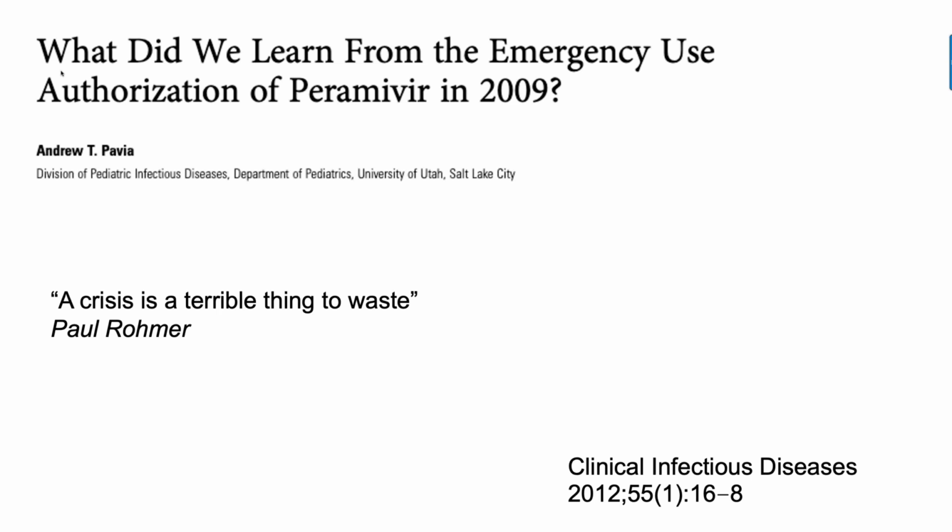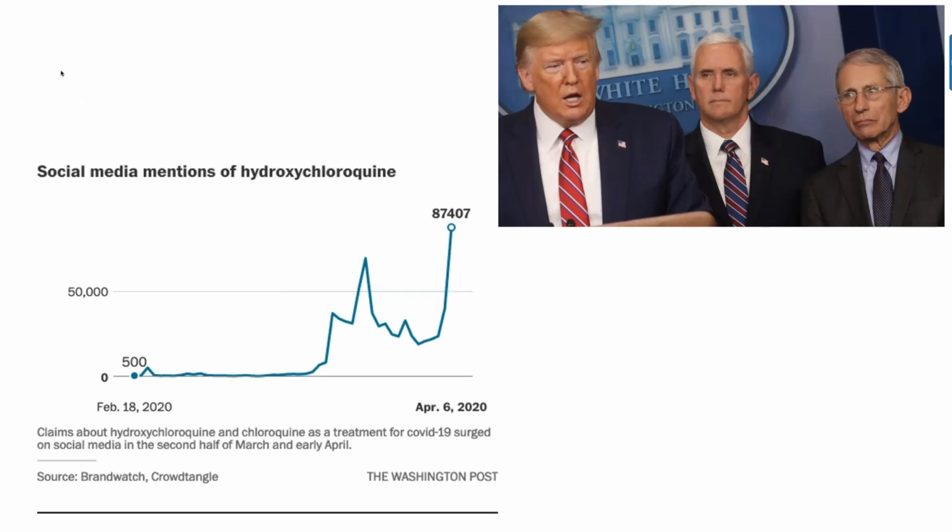And there were over 1,000 accesses to the drug. Essentially, you could call in and get the drug within 24 hours. It was a monumental task across the country. Unfortunately, there was no prospective registry for this, and there were simply surveys after the fact. A significant percentage of patients were treated and not followed, and there was no information available. As a result, the data available to evaluate any clinical efficacy or even harm was completely lost, and therefore we are no further ahead. And of course, here we are now.